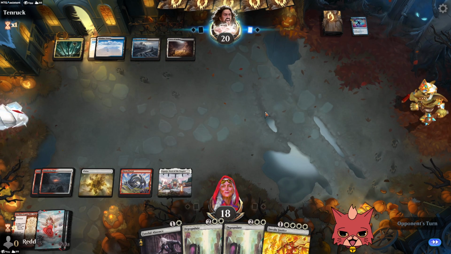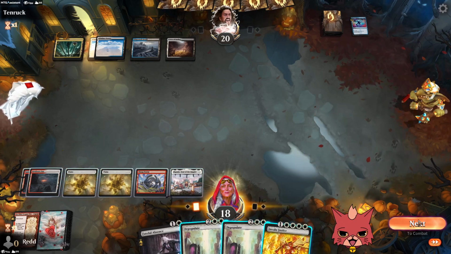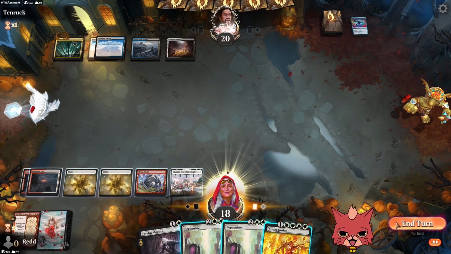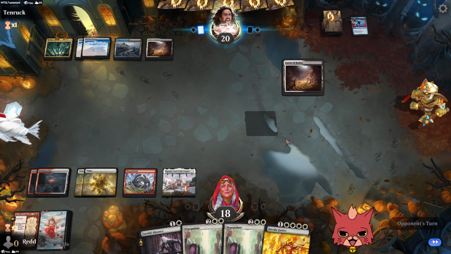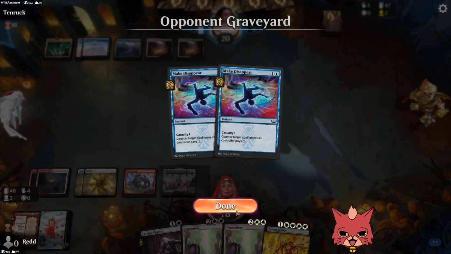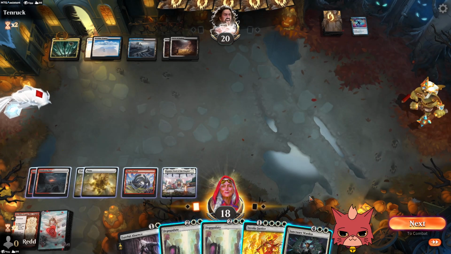Looks like some Esper control. Scary business. Third, make disappear. Do we play around it? I guess so. I guess we play around the third make disappear. It could also be syncopate and stuff like that. Like this looks like it's just a counter spell control so far, but that's because these are the only two cards we've seen. They also didn't drop like a Wandering Emperor last turn too, so...